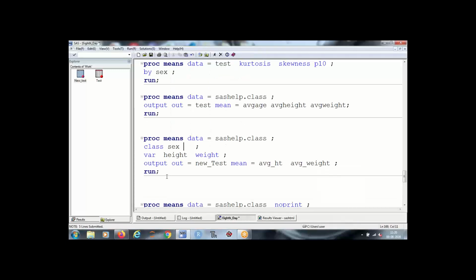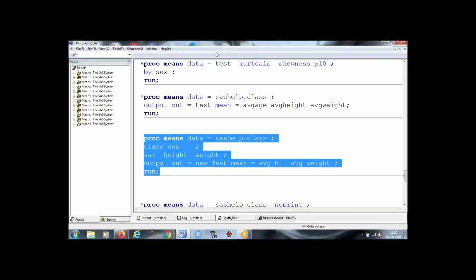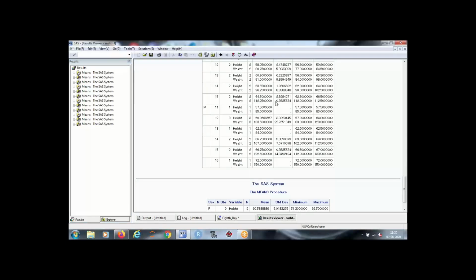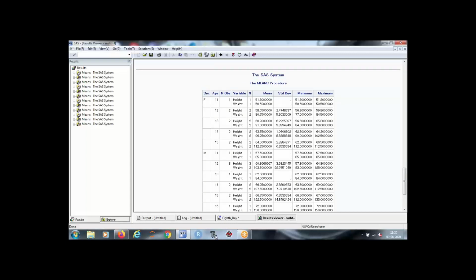The output was like this, right? मेल का अलग, फीमेल का अलग. So this is again classified into male female. When you put another category, तो फीमेल का अलग classification, मेल का अलग classification, within female, age का भी classification कर दिया, and then उसके basis पे height and weight आपको output दिया जा रहा है.